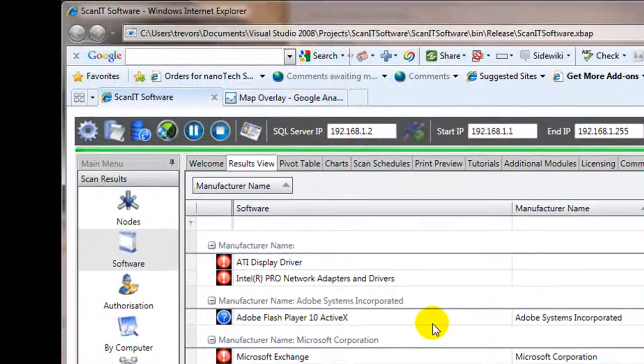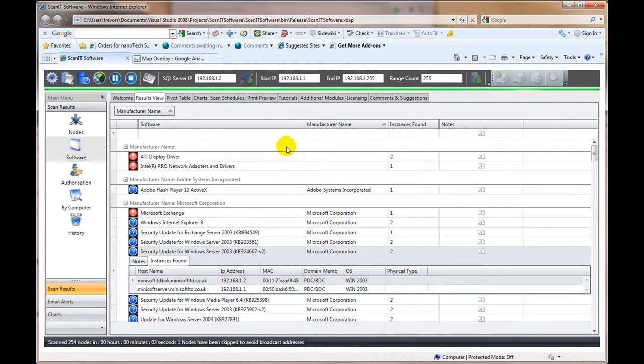Now there is another version of this which is called the scanit license manager. And that effectively has all of the functionality of this application, but in addition, it allows you to record purchasing and licensing and one thing and another, and then it will highlight when it finds software that's above the licensing. Provided you tell it about purchasing and licensing, it will send emails and tell you you've exceeded your licensing, and it shows you graphs which allow you to see where you're over licensed, under licensed,